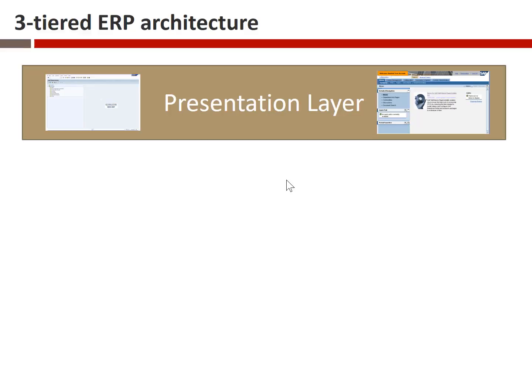When we say a three-tiered architecture, what we're talking about is there's a presentation layer, which is what the end user interacts with. You can see in my slide here that on the left of the presentation layer region, I have a small screen capture of the SAP GUI. The SAP GUI is the way that the end user interacts with the system, so that would be an example